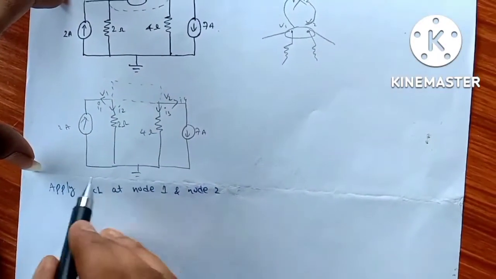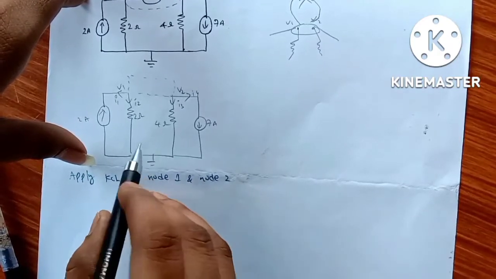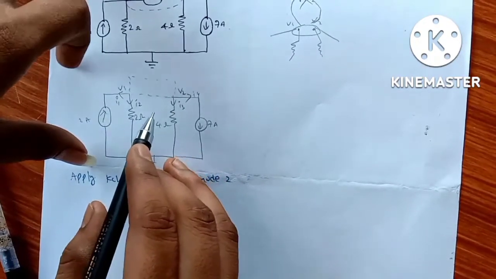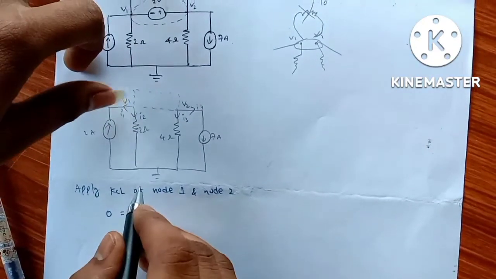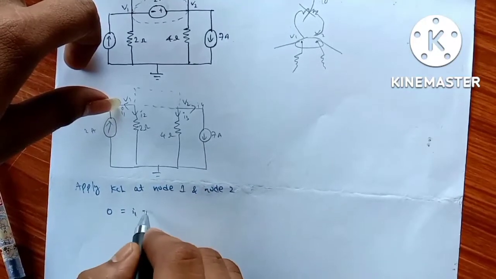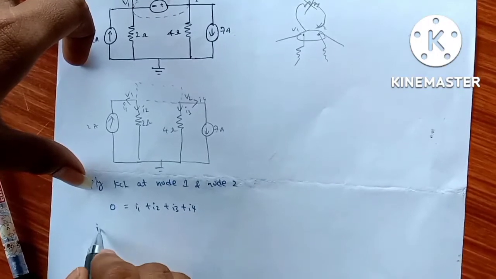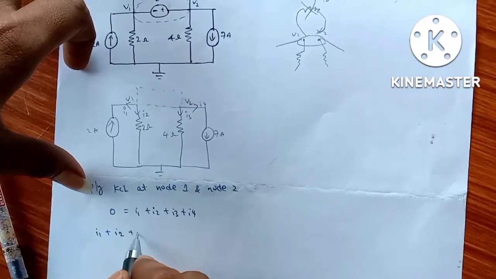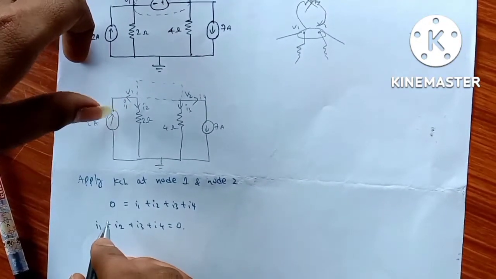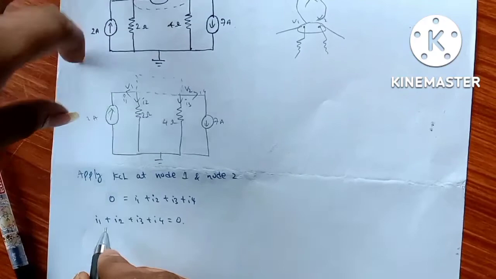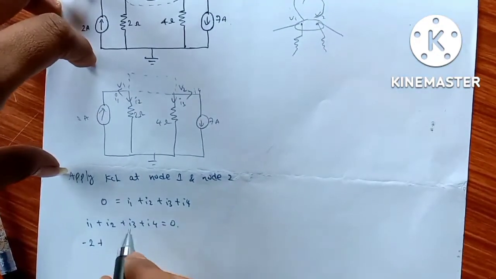Then from KCL, the sum of currents incoming to the junction is equal to the sum of currents leaving the junction. Here there is no incoming current, so 0 equals all outgoing: I1 plus I2 plus I3 plus I4. If we rewrite, I1 plus I2 plus I3 plus I4 equals 0. Now what is I1? I1 is flowing opposite to the direction of this 2 amp source, so minus 2,